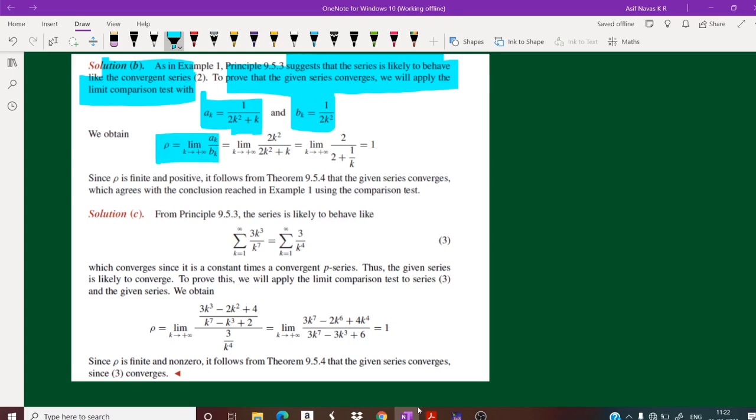So rho is equal to the limit as k tends to infinity of ak by bk, which is equal to the limit of 2k square divided by 2k square plus k, which is equal to the limit of 2 divided by 2 plus 1 by k, which is equal to 1. So this limit is finite, therefore both the series converge or diverge simultaneously. And we know that this series,